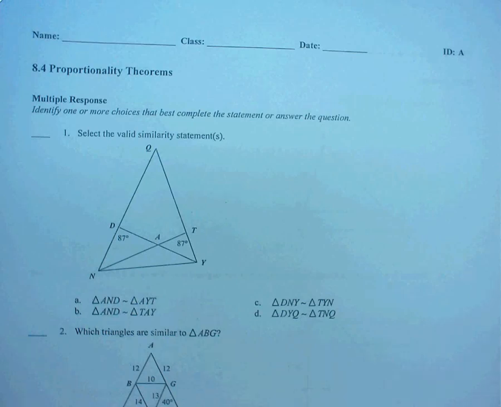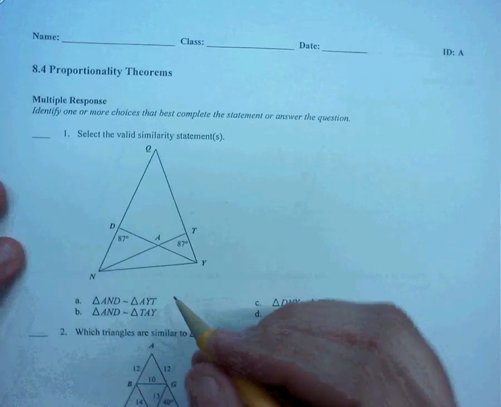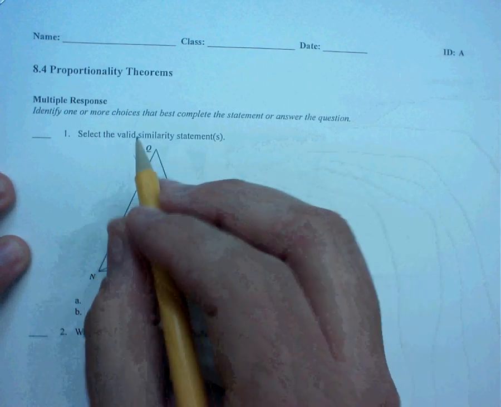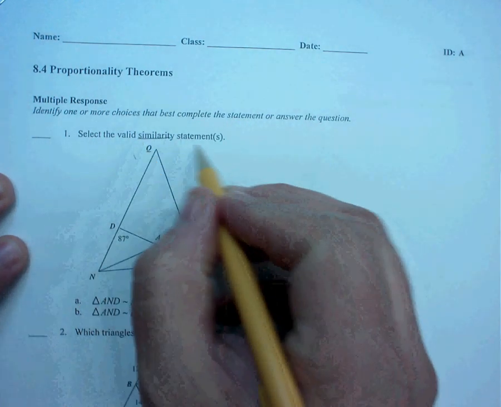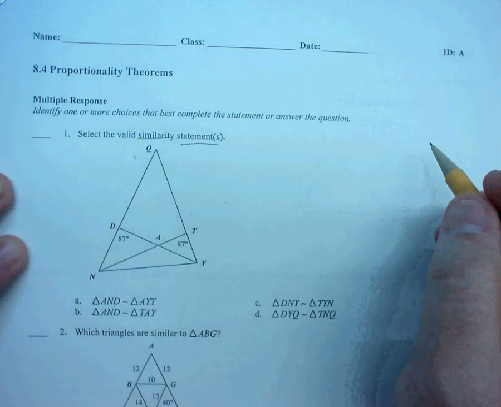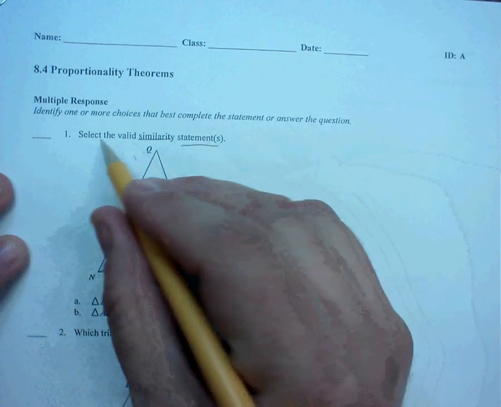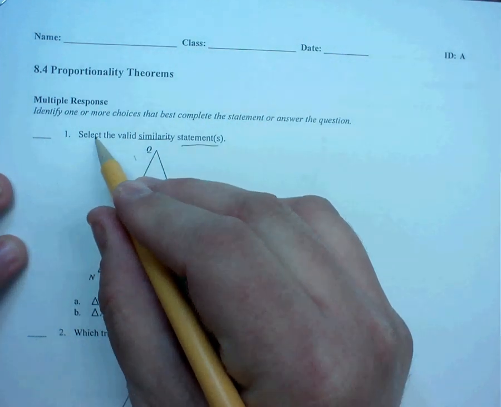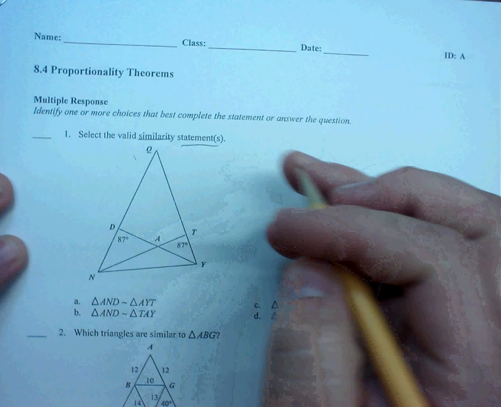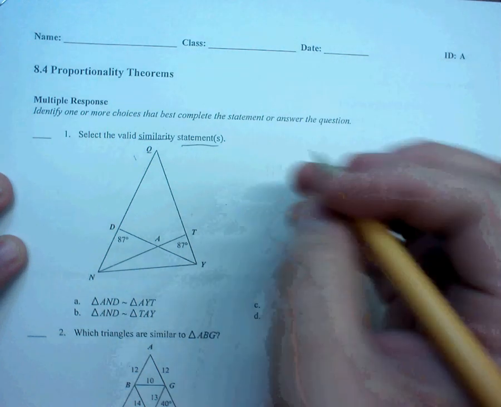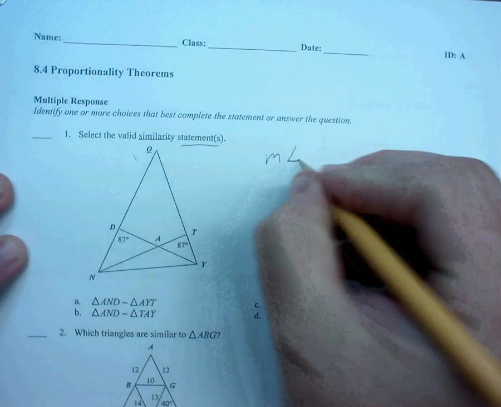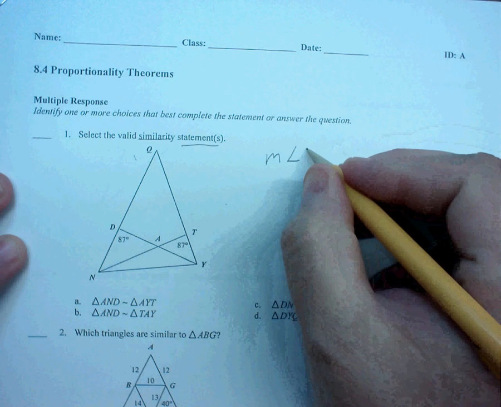So for problem number 1, again we have another bow tie thing. We're asked to determine if that is similar. Well, we know that they're similar because of the way the question is worded. It says select a valid similarity statement. So to prove that they're similar, I noticed right off the bat that angle